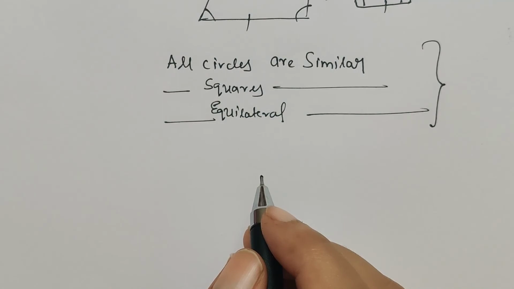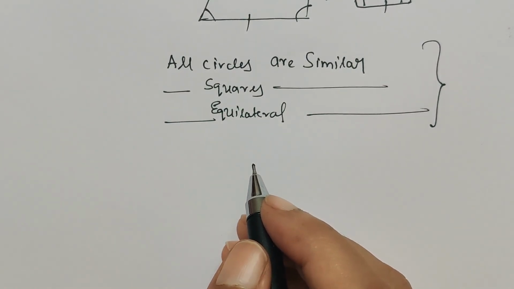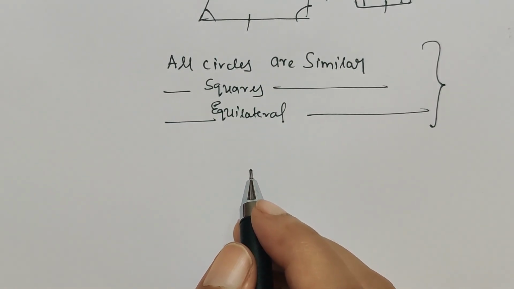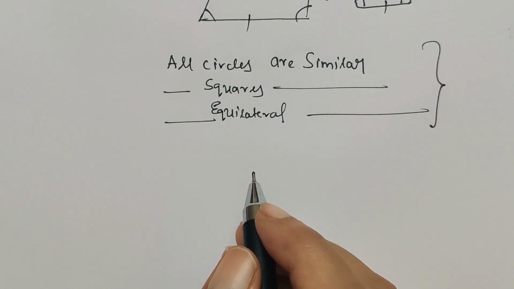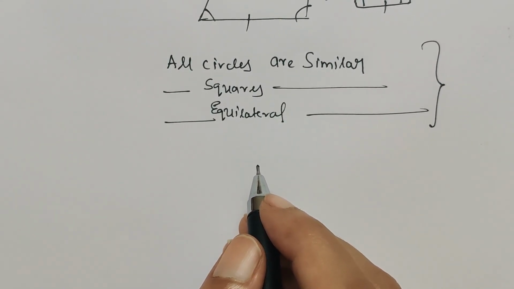In my next video I will be explaining the basic proportionality theorem, converse of basic proportionality theorem, Pythagoras theorem, converse of Pythagoras theorem, and the most important theorem, for which there are many application problems. That theorem is: the ratio of the areas of two similar triangles is equal to the square of the ratio of their corresponding sides. So these 5 theorems we will try to understand and we will solve problems based on them.